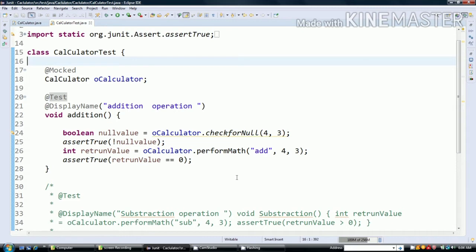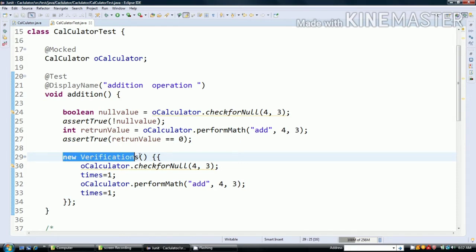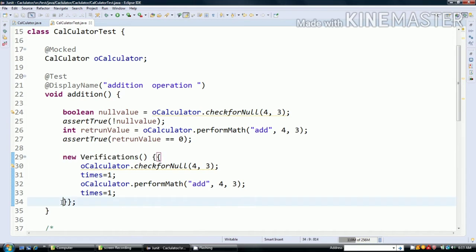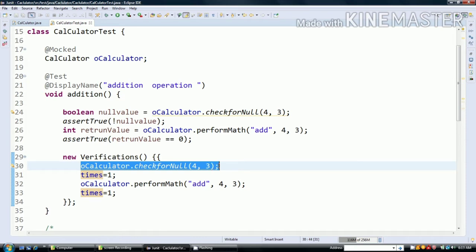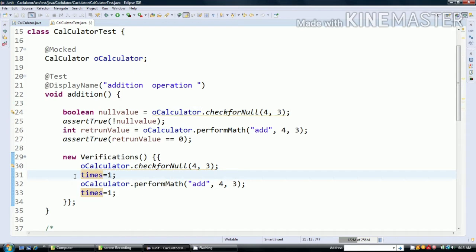Add a verification block here. So the verification block I have added. New Verifications, this is the syntax, with open and close braces. You can see that for the calculator's check for null, I am passing the same parameters, 4 and 3, and I am saying that it's going to execute one time.